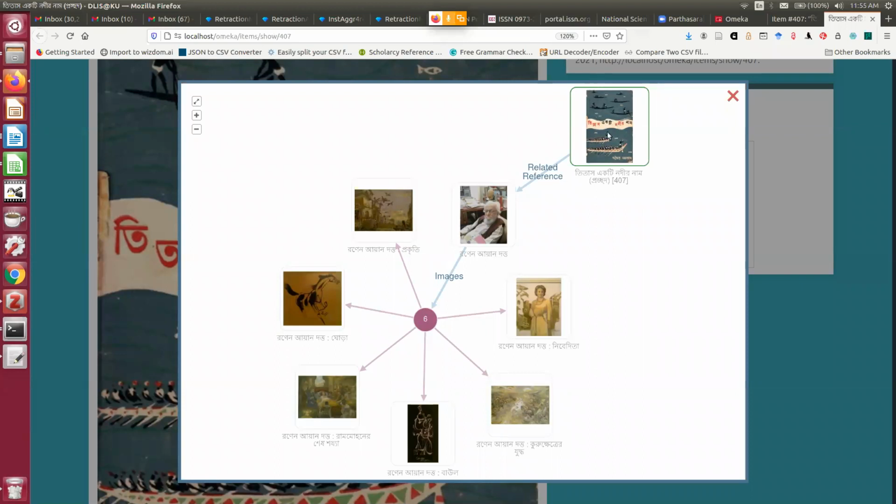Suppose I am a user, I discovered that okay, this library also has this particular painting by Ronen Nayan Datta. So the moment I click it, it will carry me to that particular painting created by Ronen Nayan Datta.